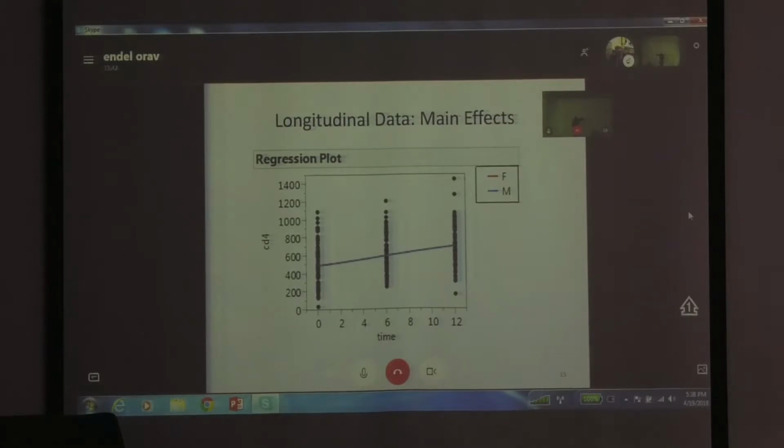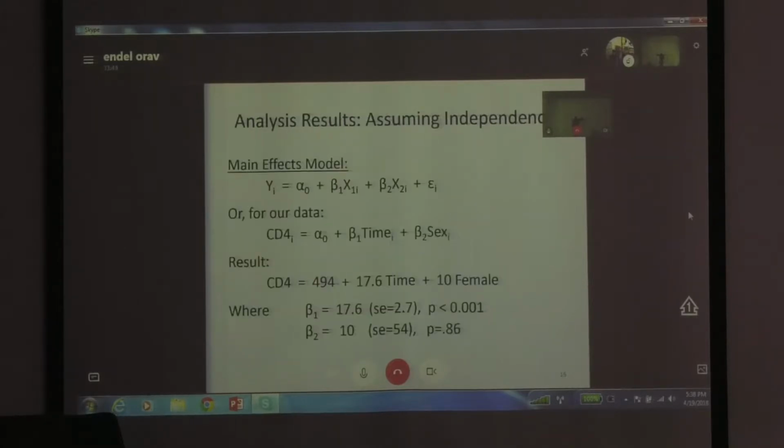That's the pictorial presentation. Here's the actual model, and so I guess I'm asking you to remember your basic regression, your basic linear regression. If that's not familiar, then proceeding is going to be a problem. As I said, longitudinal modeling is a third level course. You need the basic ideas of biostatistics, you need the basic ideas of regression, and then we can add on this topic of dependent data. So,